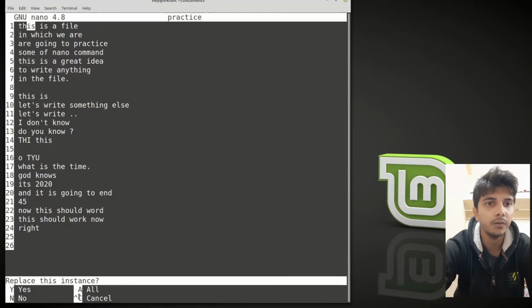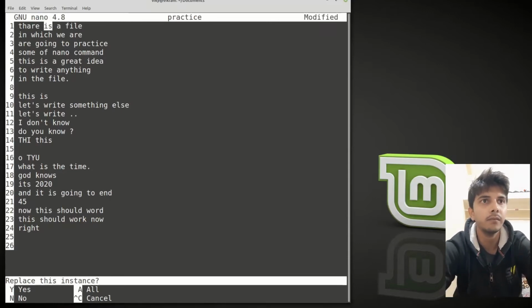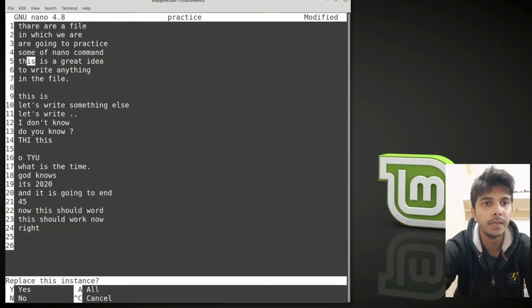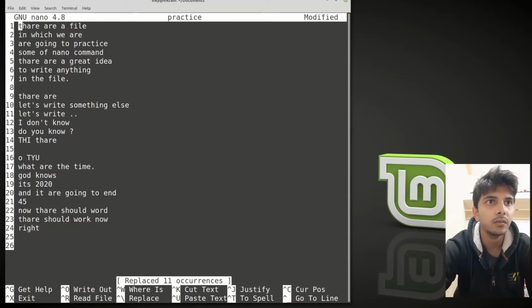Either I can press the A button and then it will change every instance, or for the current instance, I can use the Y button. So for this I'm using Y, again Y, and then let's say I want to change every other instance, so I'll press A. So here it is changed and here it is changed.